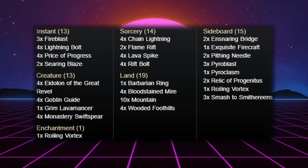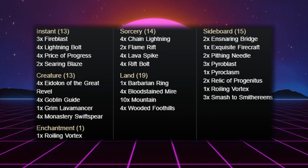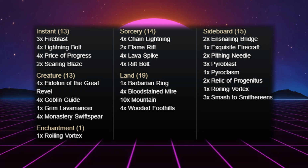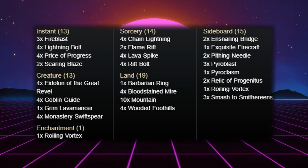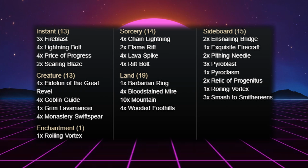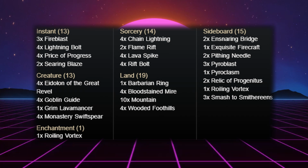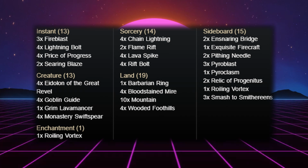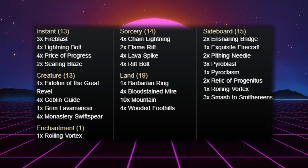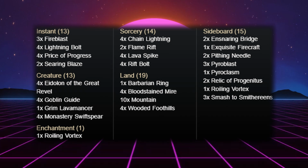And then we only run 19 lands in this deck, whereas most decks want to run around 23 to 25. We run 19, partially because our converted mana cost is so low, and we don't want to be drawing a bunch of lands. We want to get maybe 3 or 4, and just draw fuel to add to the fire. So those lands are 10 Mountains,